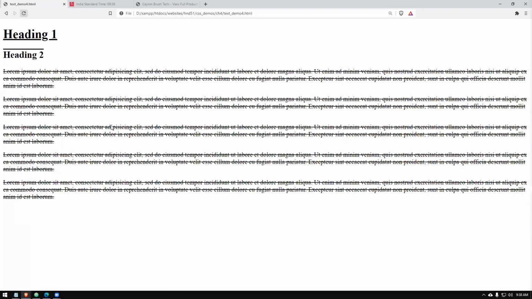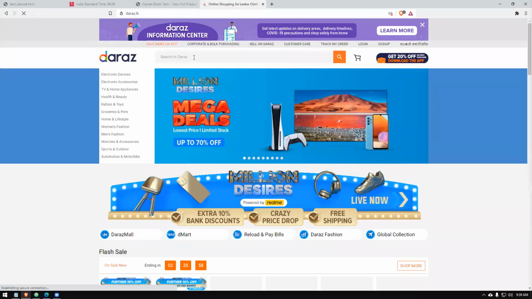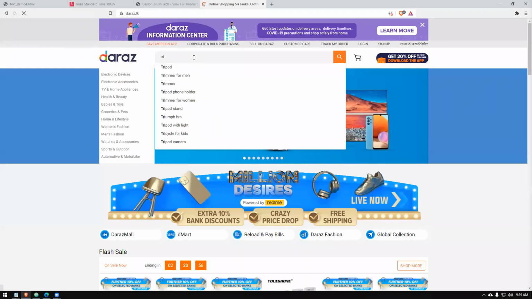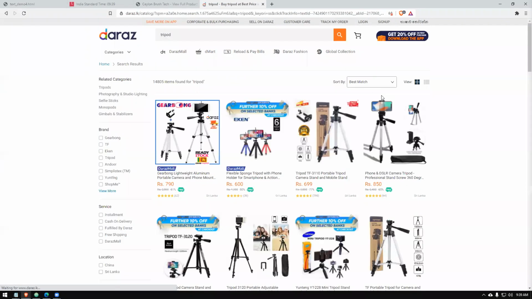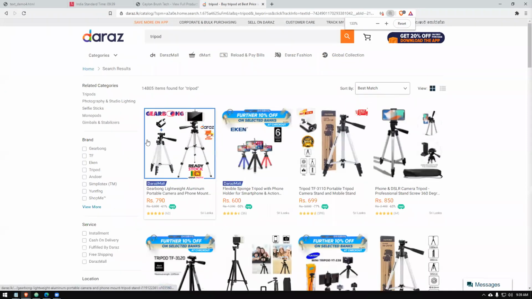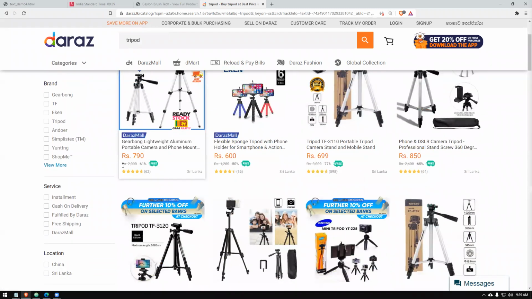It's very common that some prices and things they cut, like, so for example, let's say you search for a tripod. You can see here, Rupees 2000 has been cut, right?